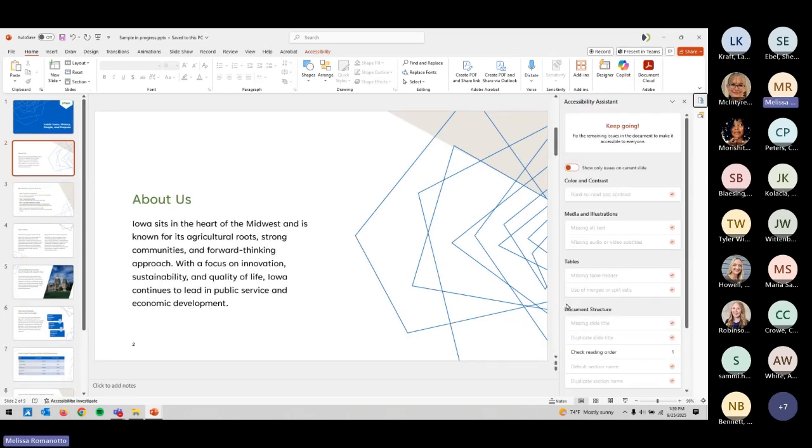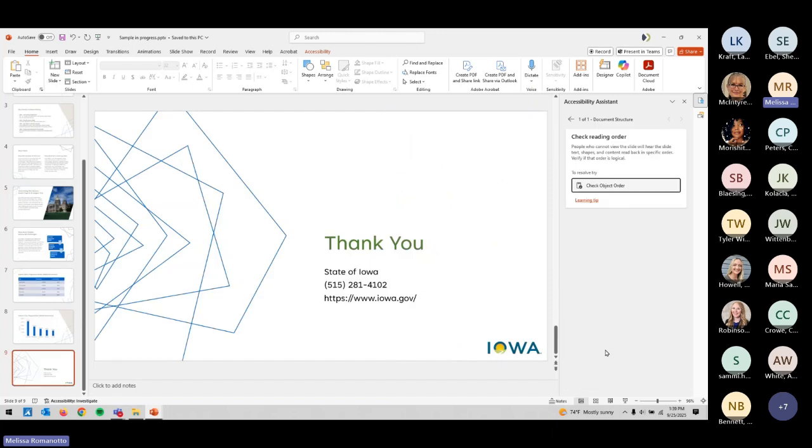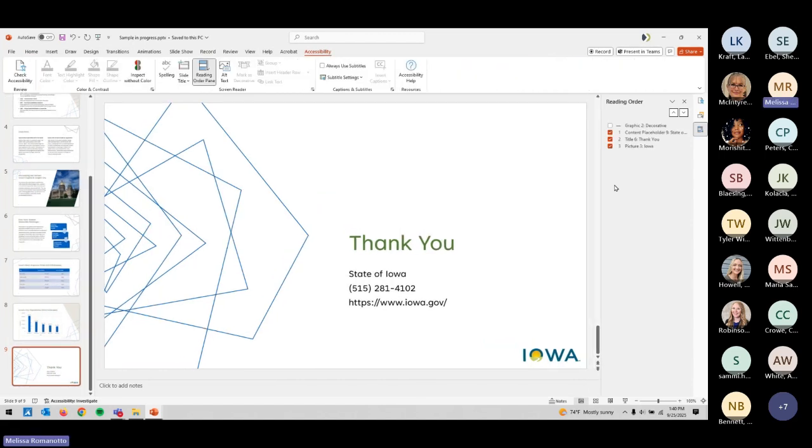I've got one more error here in my checker, and that has to do with the reading order on a slide. So I'm going to click on that, and it's going to take me to the error message here on the right. It's taking me to the last slide, slide 9, and giving me the option here to check the reading order. And it just wants me to make sure that the reading order is logical on this slide. So it's opened this reading order pane for the slide, and it shows the order of items or objects on the slide from top to